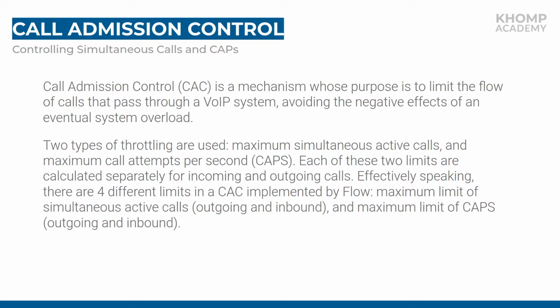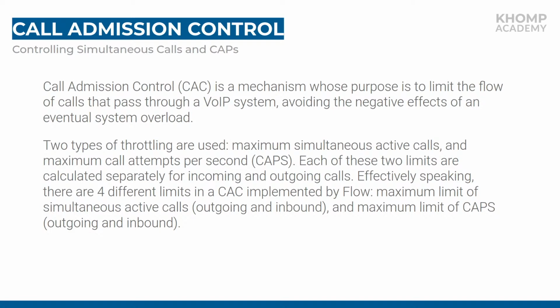We can limit simultaneous active calls and maximum call attempts per second. Each of these two limits is calculated separately for incoming and outgoing calls. Effectively speaking, there are 4 different limits in the call admission control implemented by Flow: maximum limit of simultaneous active calls, outgoing and inbound, and maximum limit of CAPS,